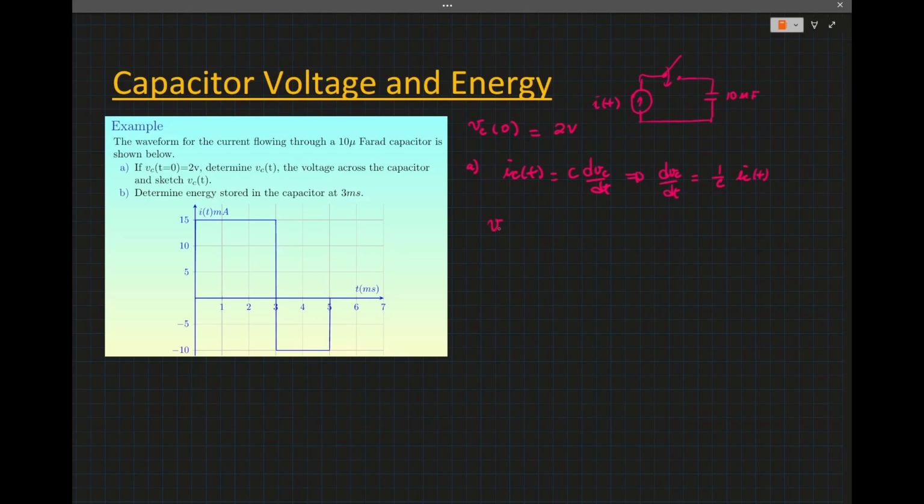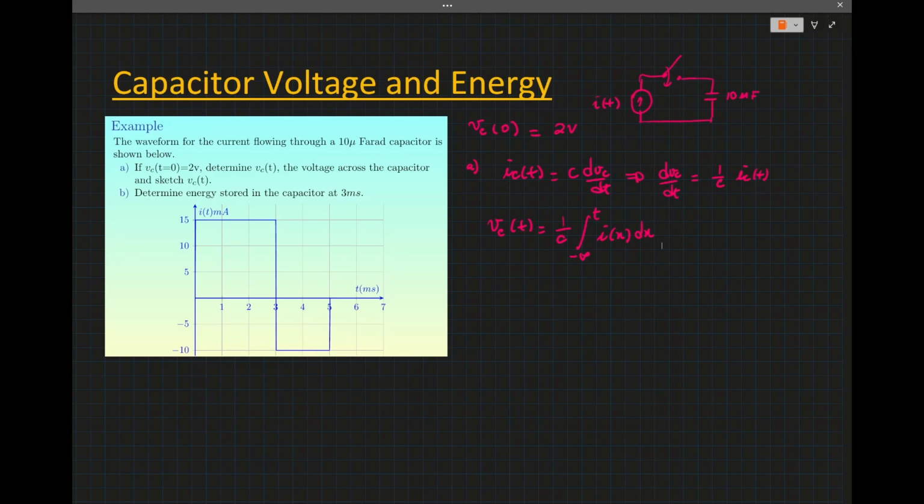Then we have VC of t, which is 1 over C, integral from negative infinity to t, I of x dx. Now I like to write this equation